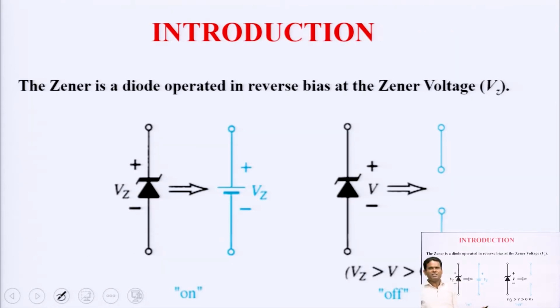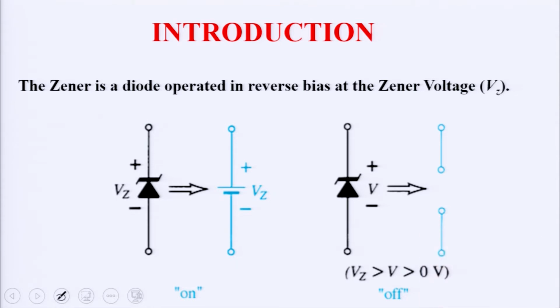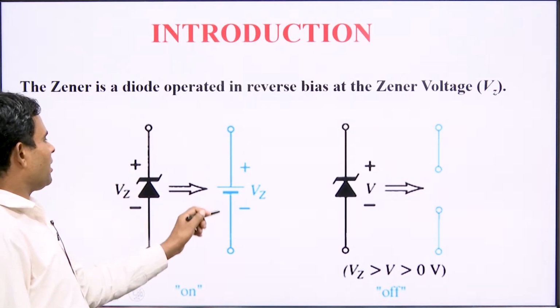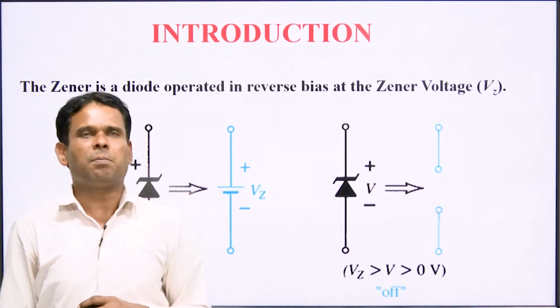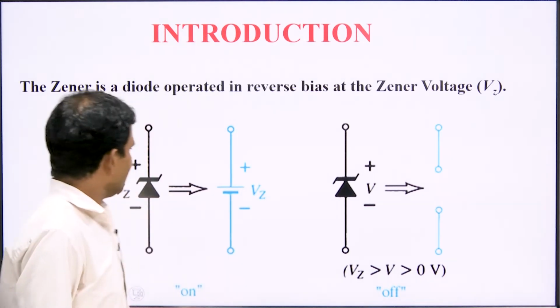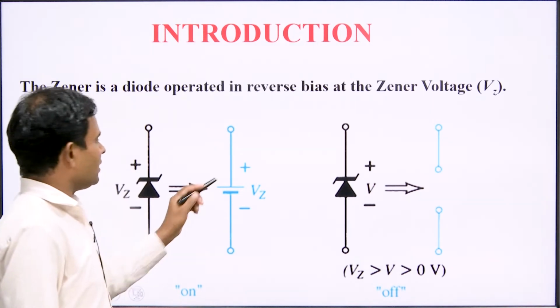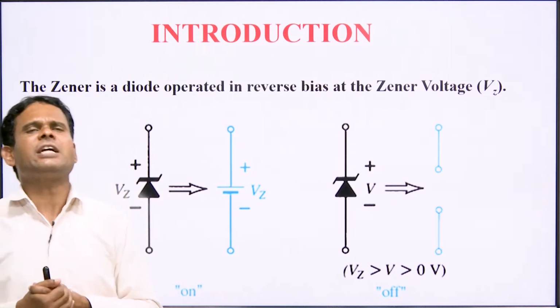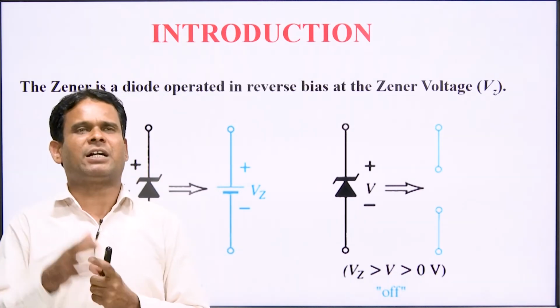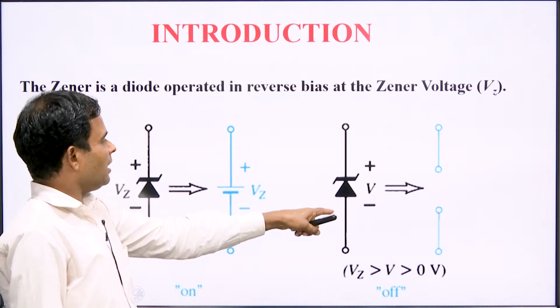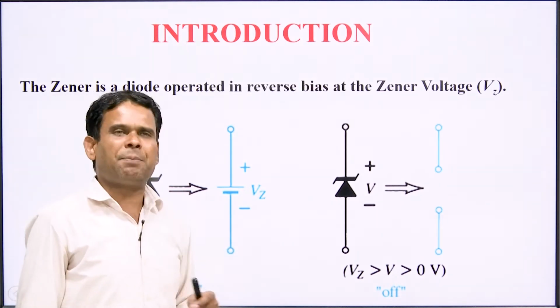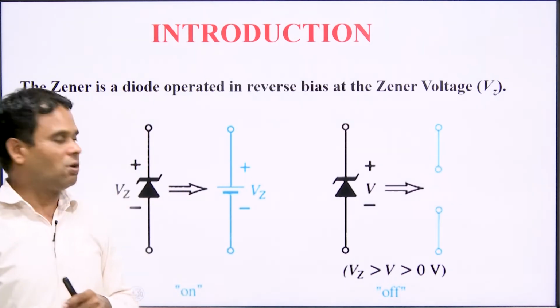Now, the equivalent circuit of the Zener diode. Why do we need to study the equivalent circuit of the Zener diode? Because ideally, when the Zener diode is in reverse bias and it gets breakdown, the voltage across the Zener diode remains equal to the Zener breakdown voltage, that is Vz. Here this is Vz. Ideally, if it is in the forward bias, the dynamic resistance of the Zener diode is 0. On the other hand, practically it may be up to a few ohms. If the Zener diode does not get breakdown, meaning sufficient reverse voltage is not applied, then it becomes open circuited, because if Vz